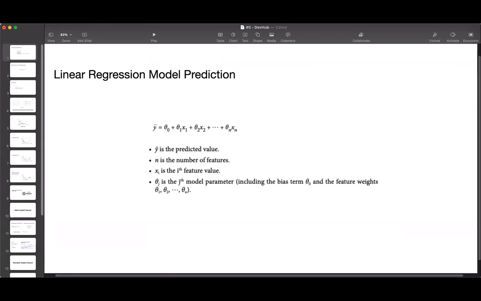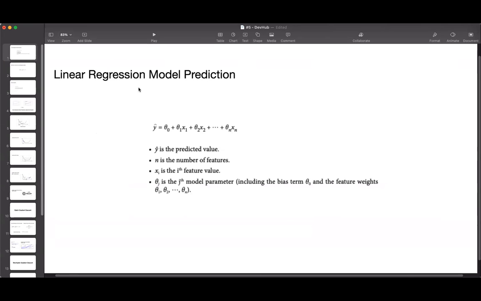Now what do we need to do here? When we train a model, we need to find those values of theta at which the model performs the best, at which the loss is the minimum and the prediction is the best. So for finding predictions, we use this equation. Next we will see another form of this equation, which is also known as the vectorized form.